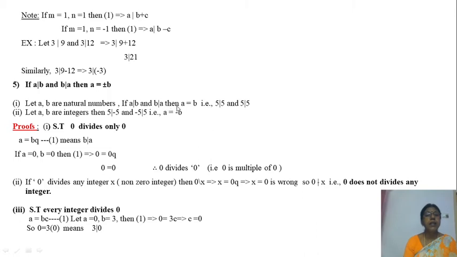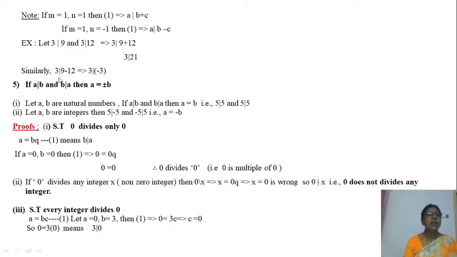Here you let a be 5 and b be 5. 5 divides 5. Next, b divides a, the reverse, 5 divides 5. That's it. Only positive integers. Suppose these are any other integers and a, b belong to Z. A and b may be positive or negative. I am taking a is equal to 5 and b is equal to minus 5.